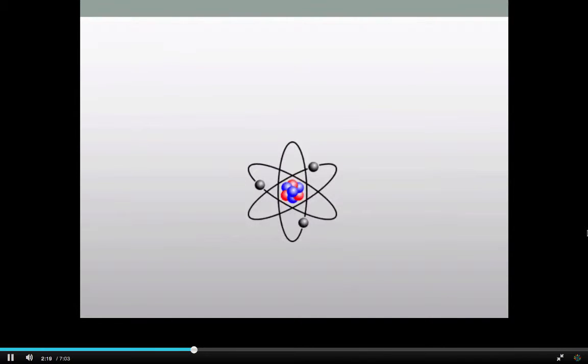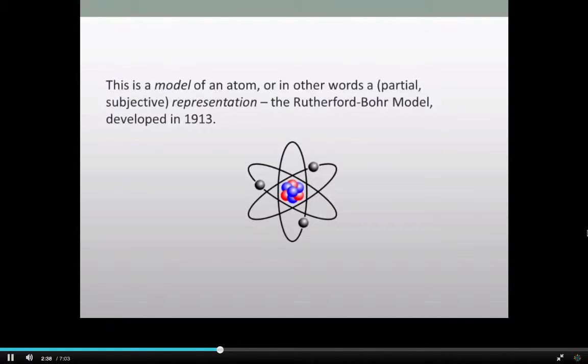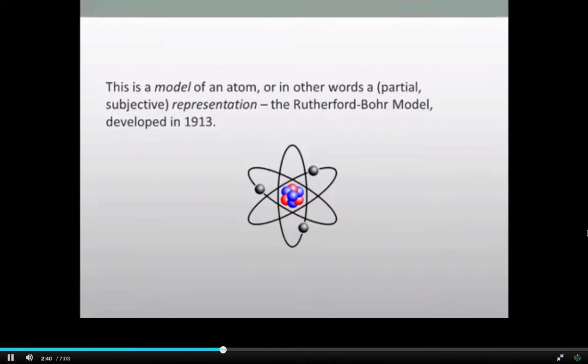You probably recognize this by sight. It's a diagram of an atom with a collection of protons and neutrons in the center surrounded by orbiting electrons. Now, here's the thing. Atoms are really, really, really small, so we can't actually see them. This diagram is what scientists call a model of an atom. This particular model, called the Rutherford-Bohr model, was developed in 1913, and when it was proposed, it was explicitly compared